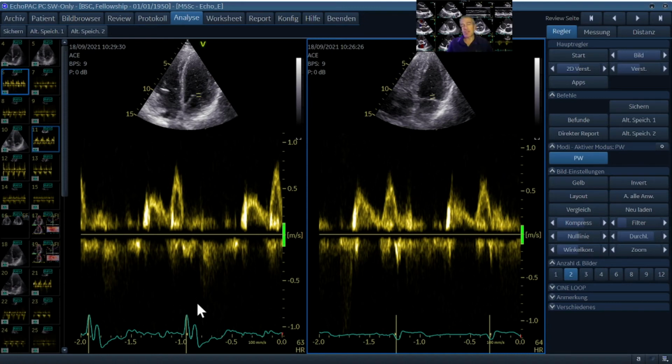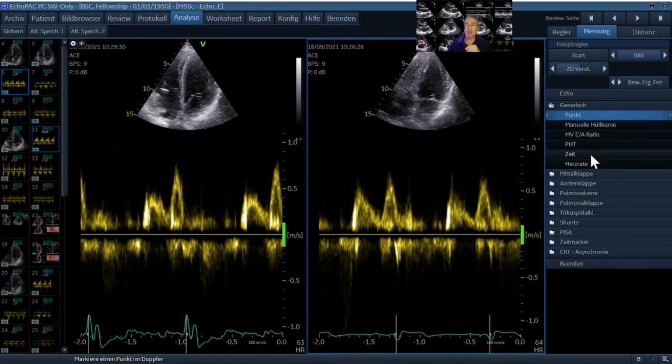The effect on the transmitral Doppler inflow, on the pulsed wave transmitral Doppler, is often much more clear in a patient who is borderline decompensated. This patient here is not decompensated, so the effects are not as clearly visible as it is often in the decompensated patient, but still we see a difference. And we have here again on the left side the transmitral Doppler during off-pacing, and on the right side it's during on-pacing. And I just want to compare with you the duration